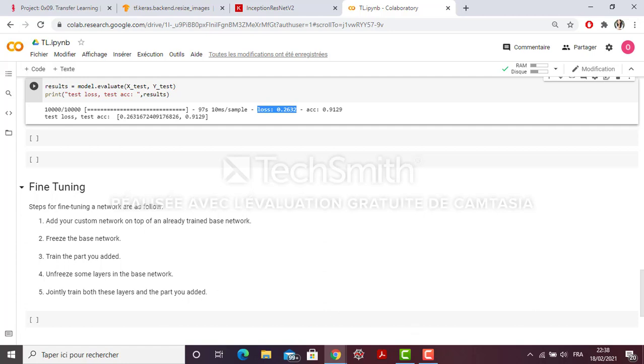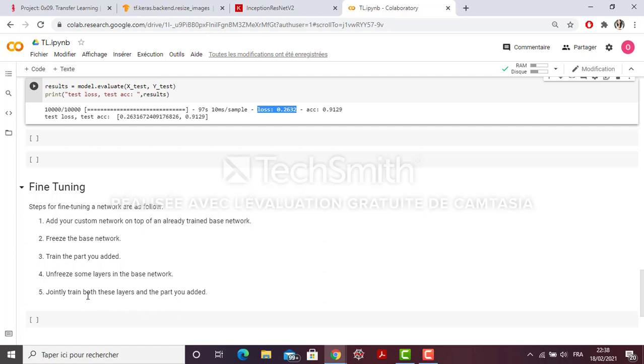But it's important to know that we only do these two steps after training the part we added in the model. So we have to train the fully connected layer that we added first, then unfreeze some layers and then retrain both the unfrozen layers and the part we added.